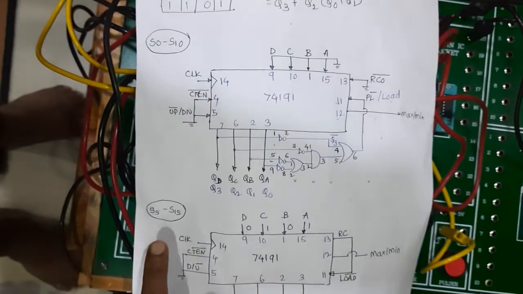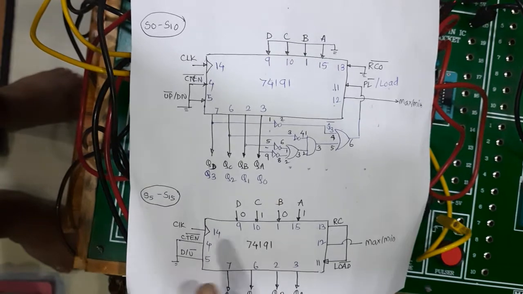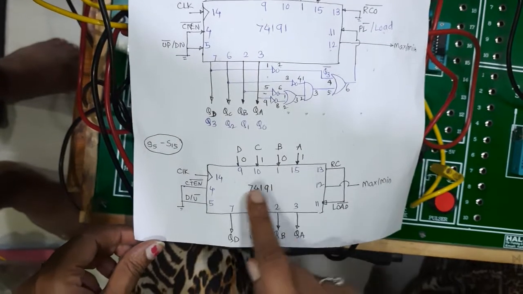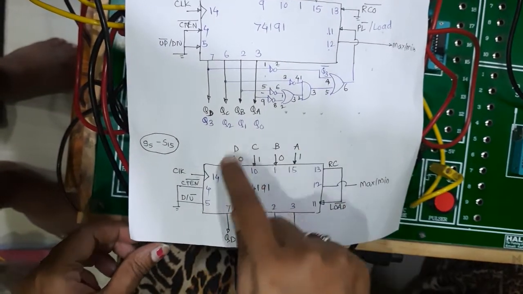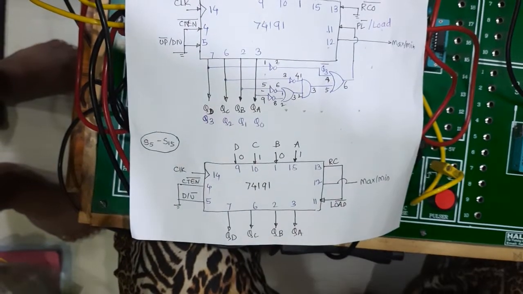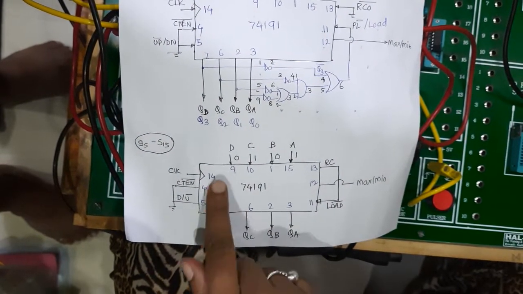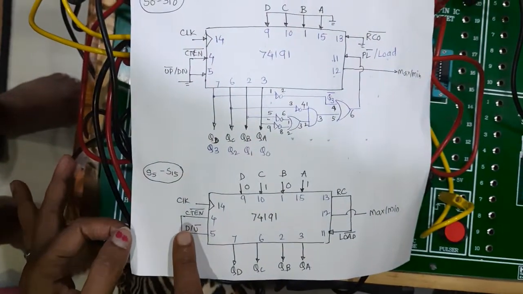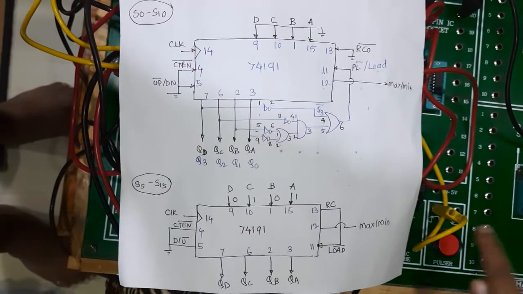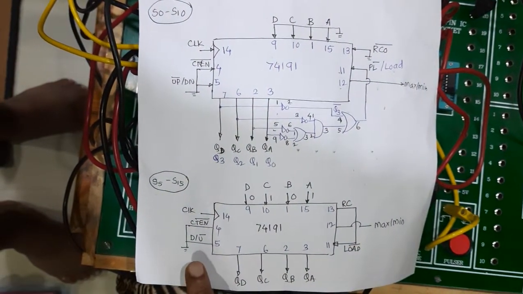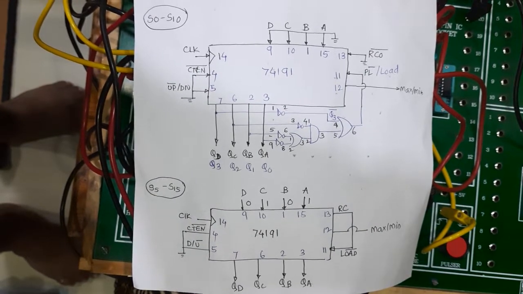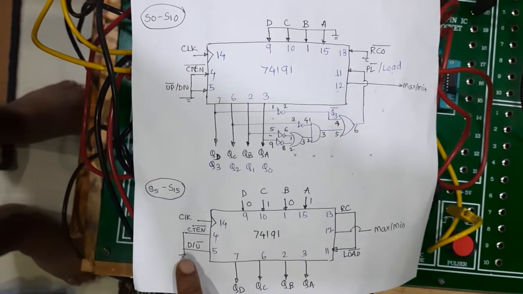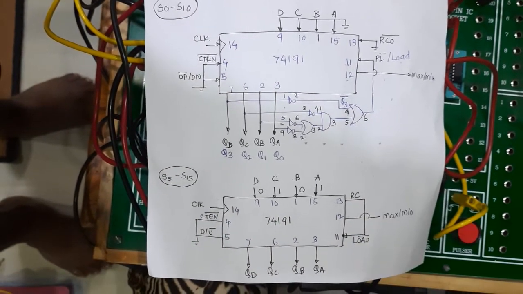If I have the second method, in which I am starting from S5, with ABCD where A is LSB and D is MSB, I have to give 5 as the input count, which is 0101. These input signals are directly connected to the digital inputs and set to carry 0101. It has a positive edge clock pulse, so that is connected to the pulser. Then there are two pins, CTEN and D/U bar. I am using the up counter. It can be used in up counter mode or down counter mode, so I am using up counter, and it is connected to ground.